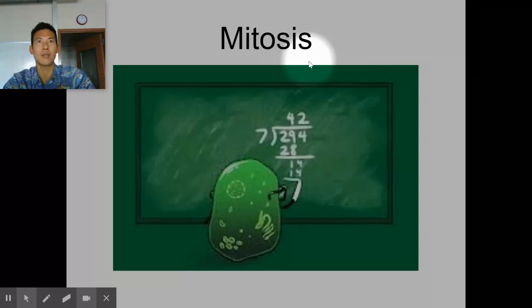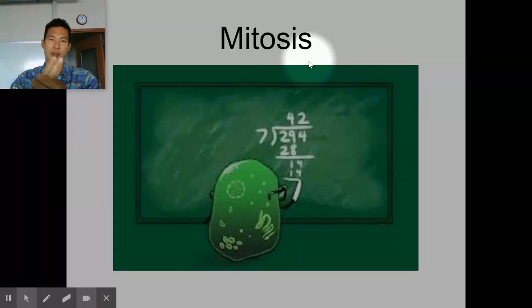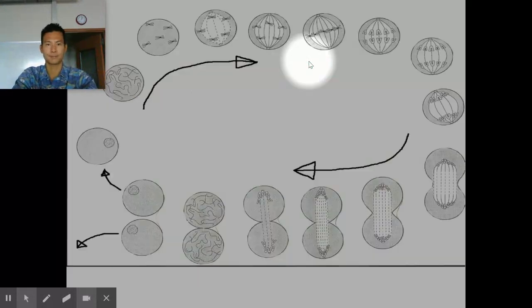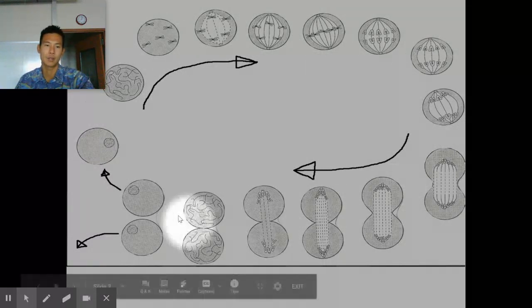Okay, now what would be another reason? What do you think happens when you get injured? You get a cut. What happens? Your body has to repair itself. So that is the other reason why a multicellular organism would have to go through mitosis: growth and, of course, repair. Anytime a multicellular organism needs to add more cells to its multicellular body. Do you understand that it's a process? You do start off with one and then you end up with two.